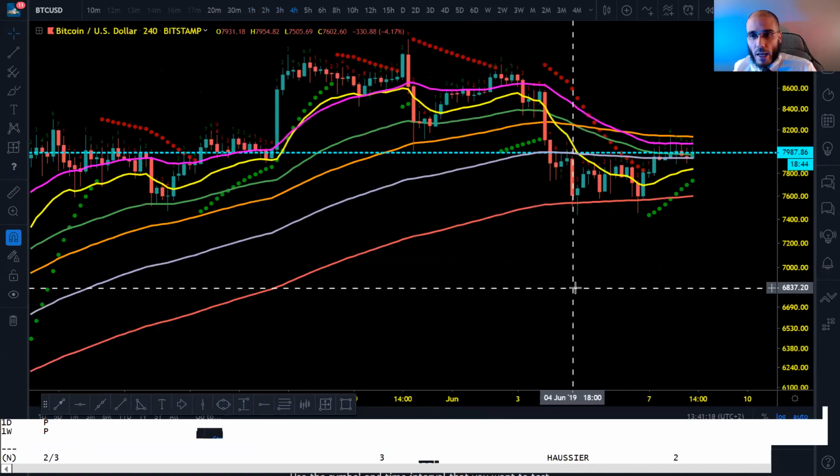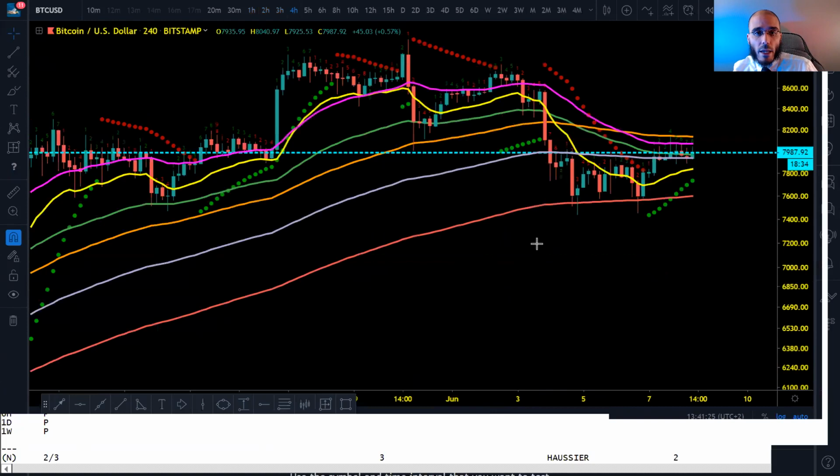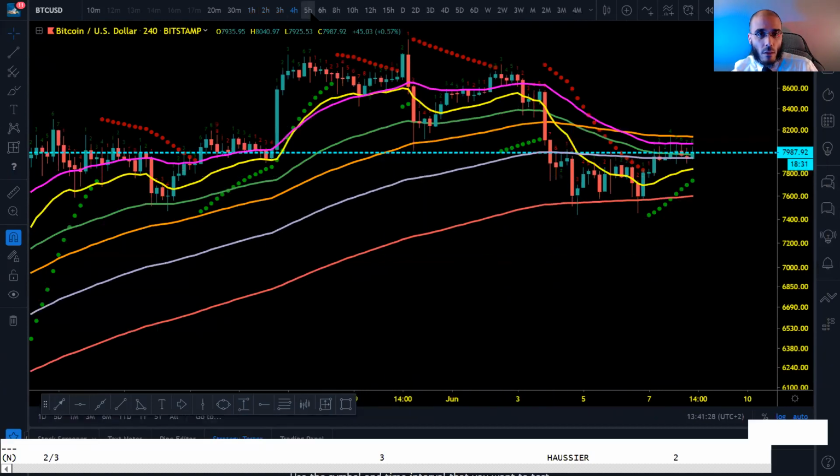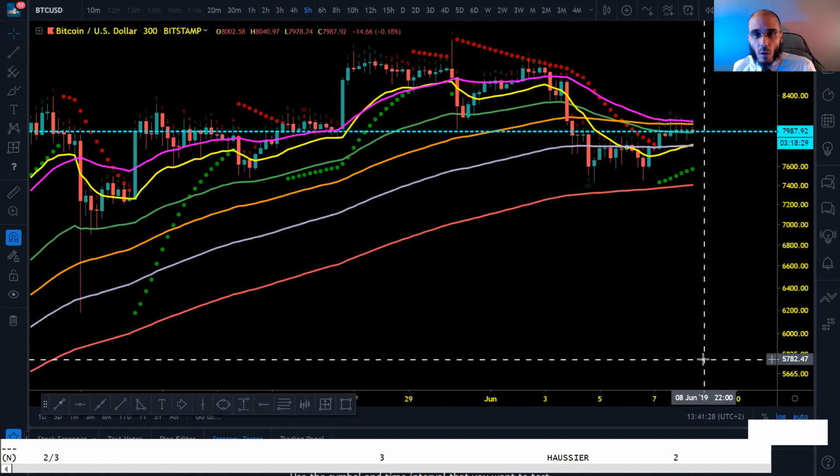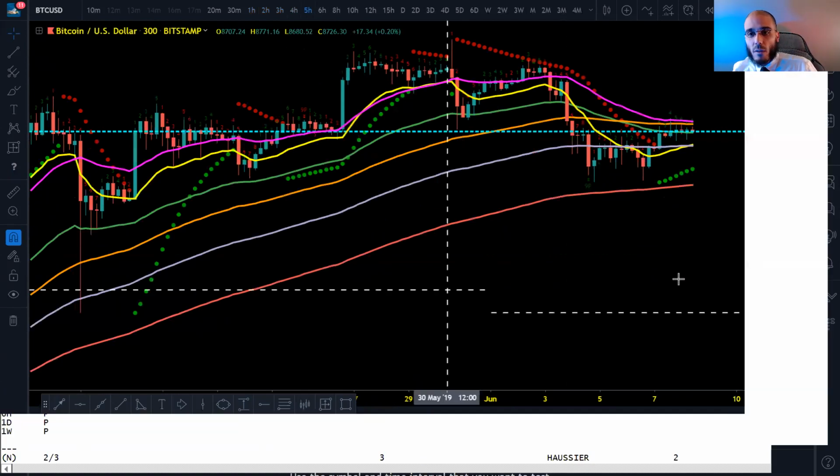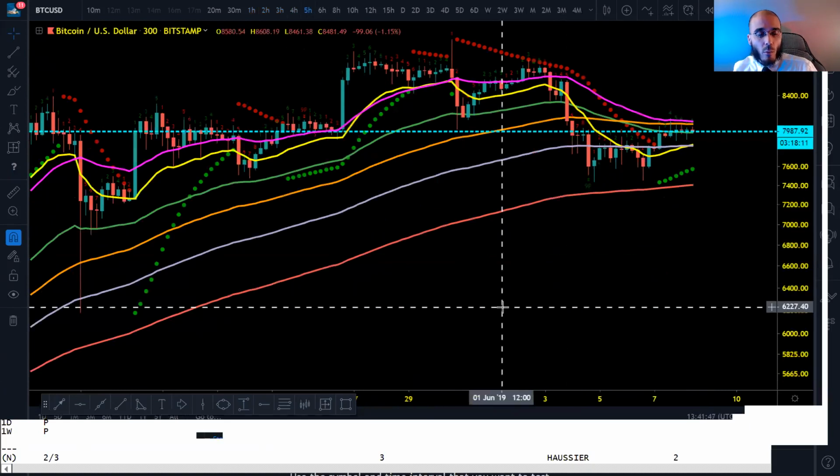4 hour, you're on an 8 up with confirmation, which means that the next candle could be a 9. 5 hour, you are on 6, 7, 8, an 8 also up with confirmation. Since we are on 8s and could have 9s, it looks like if the small pop is over, we will be heading down afterwards.